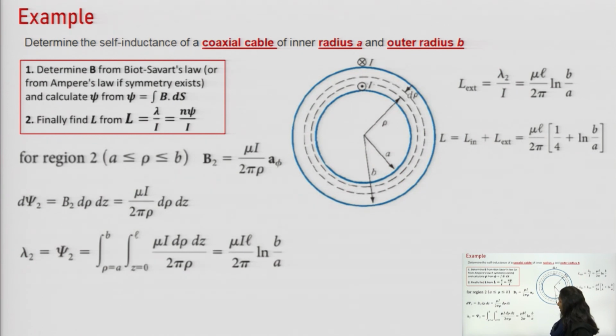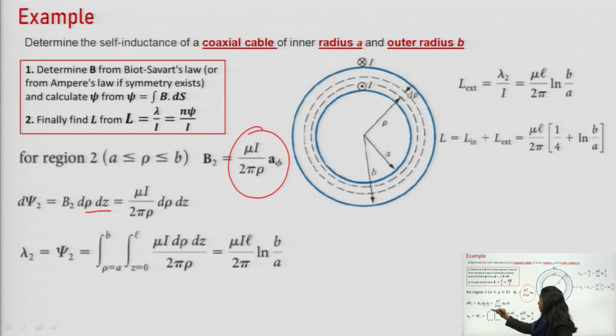Similarly, now we will apply those concepts on region 2. For region 2, that is in between this and this, we have the magnetic flux density as this much. So again we will find the flux using B dot ds, where ds is this much. Why? We already discussed this. Now we will have the value of linkage. This is the differential part.